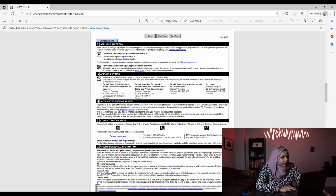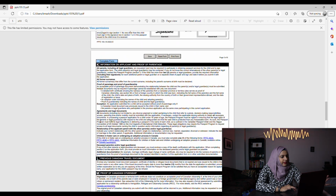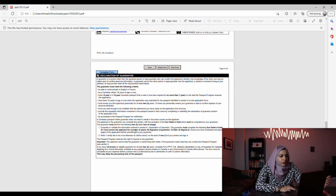So they are going to tell you the requirements checklist, and after you are done with everything, you have to pay the fee. Now, if you are going to Service Canada, you don't have to fill out the credit card information which is below the form. You just have to pay $57 upfront, and they will take the payment at that time. They will take a photocopy of your birth certificate, and they will take the application,